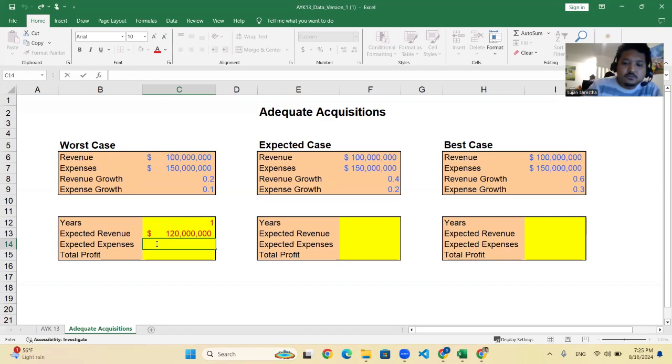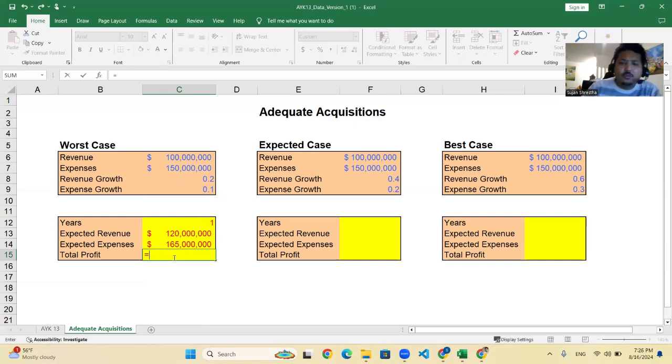Similarly, we can use the formula for the expense: expense plus expense multiplied by expense growth